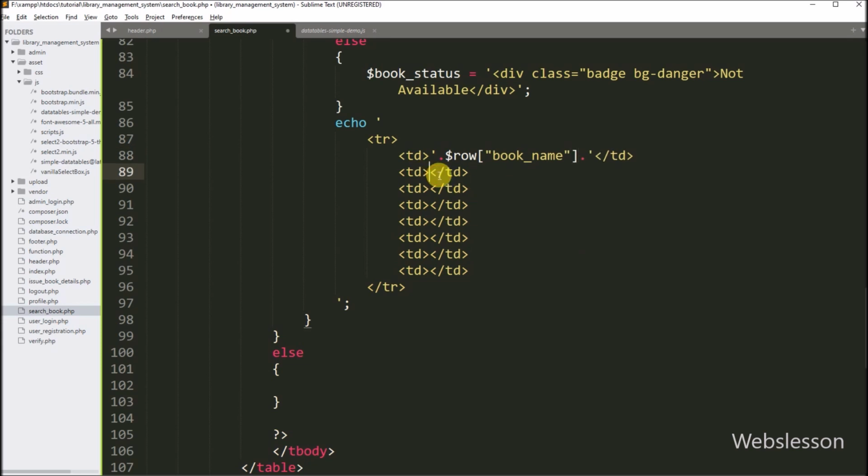In the second table column, we want to display the book ISBN number detail, so here we have to write the $row book_isbn_number variable. In the third table column, we want to display the book category detail, so here we have to write the $row book_category variable.